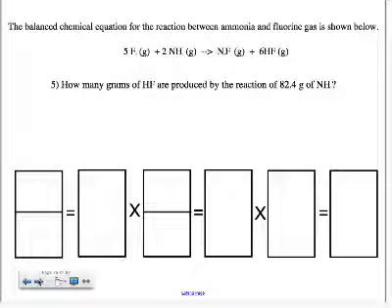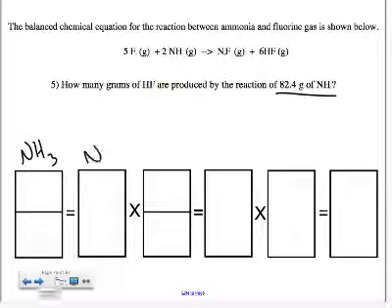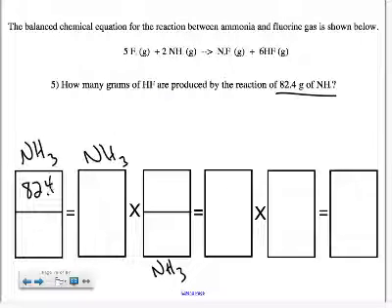Okay, same equation. How many grams of hydrofluoric acid, or hydrogen fluoride, are produced by the reaction of 82.4 grams of ammonia? So our known is ammonia. That's what we're given. And that goes down here. And we're starting with 82.4 grams. And we just said that the molar mass was 17. So I'm going to put that on the bottom. And we're going to do 82.4 divided by 17, and we get 4.85